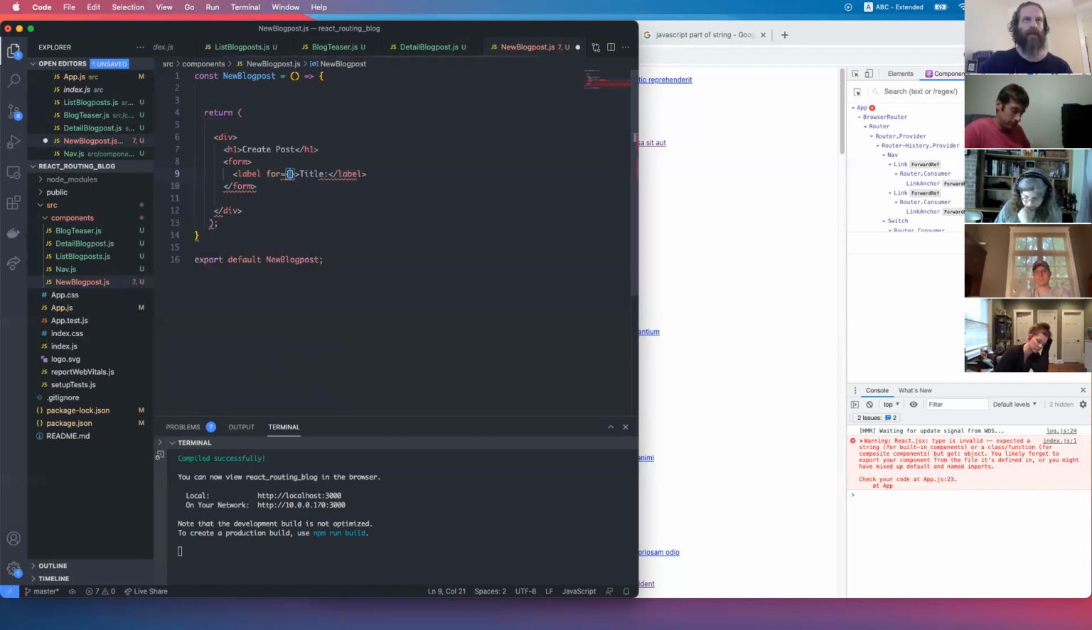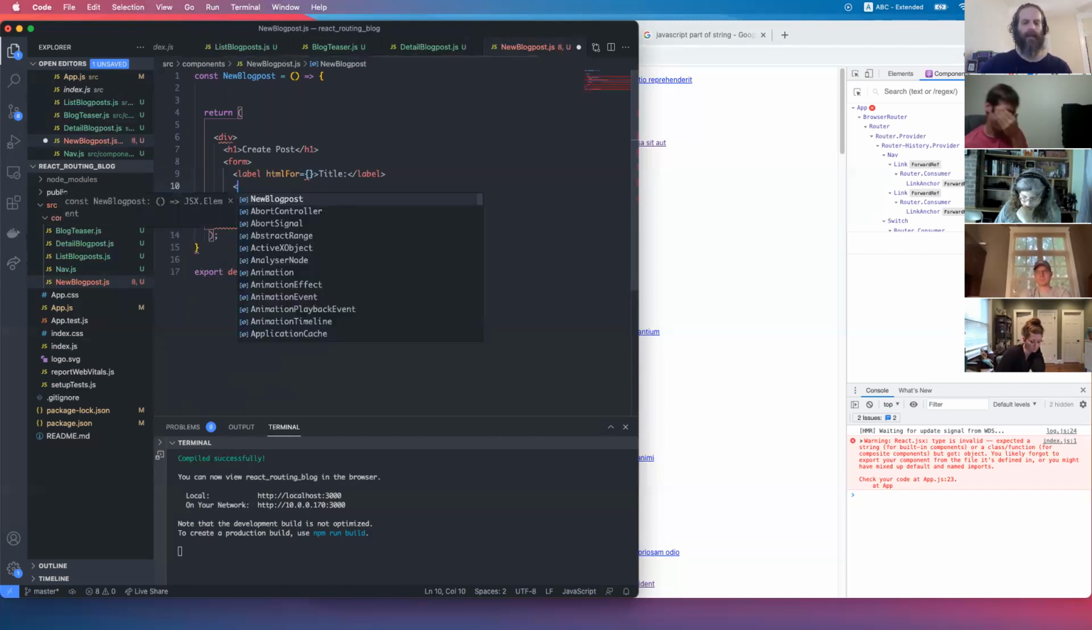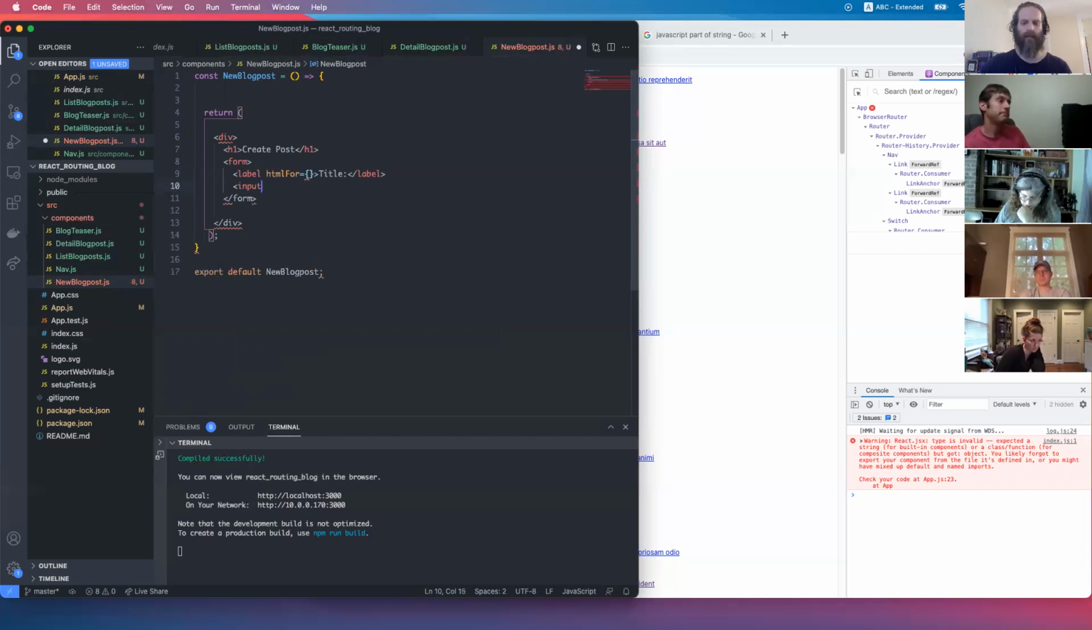So if this were just regular HTML, we'd use for, and then connect that to the name of our input field. But in React, you can't use for because it's in JavaScript. Remember, this is all secretly JavaScript. For is a keyword in JavaScript, so you can't use for. So they use htmlFor. And input. Type equals text, name equals